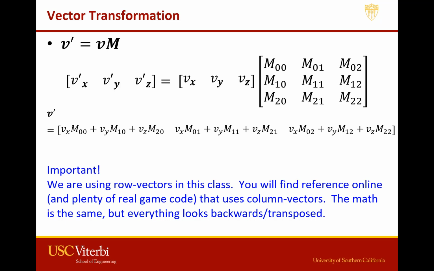So if you're looking online, double check that they are using the row vector. And the best way to see it is to see, do they do vector times matrix, or do they do matrix times vector? If they do matrix times vector, then you know that all of the math they're showing you in that book is going to be the transposed matrix from our form. Okay,